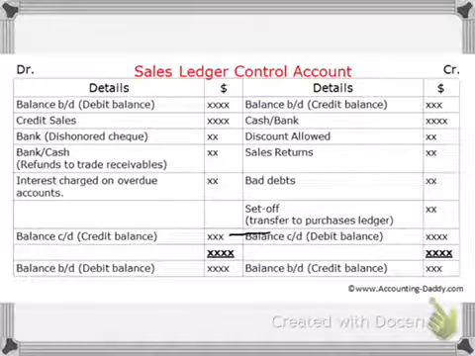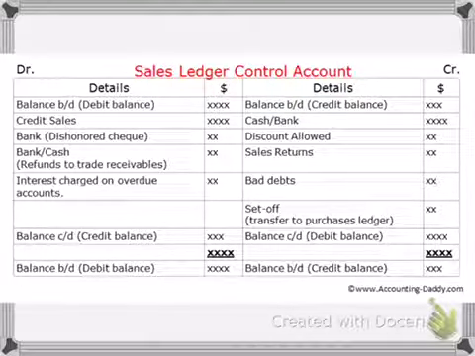Okay, so guys, this is the first control account, the sales ledger control account. In this video we are just going to focus on this sales ledger control account, and the purchase ledger control account will be done in another video later on. So the sales ledger once again records all the accounts of our credit customers or debtors or trade receivables. So basically this is an account that you make for customers. You can also call it the total trade receivables account or the total debtors account.